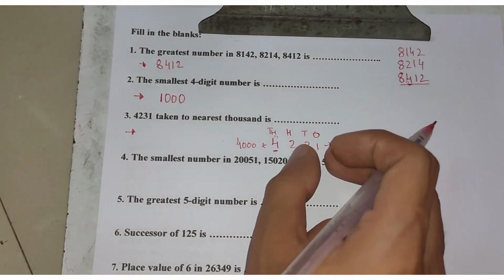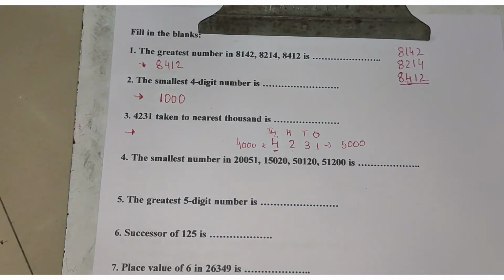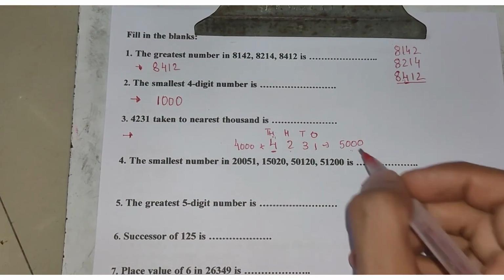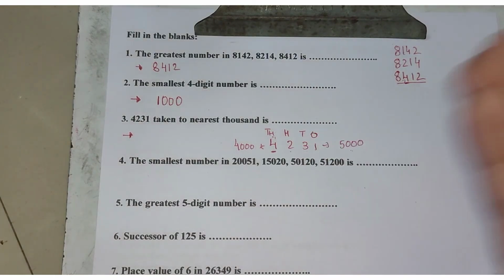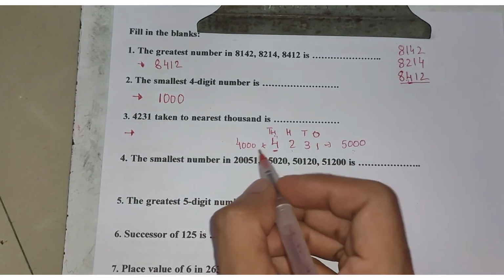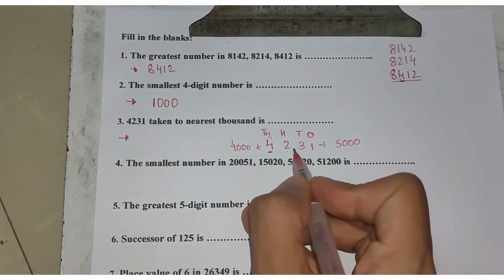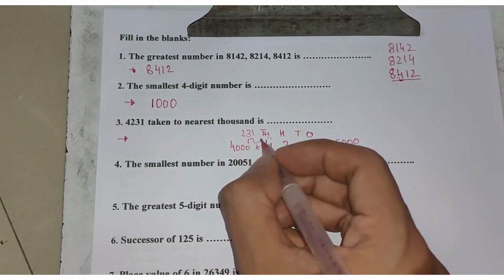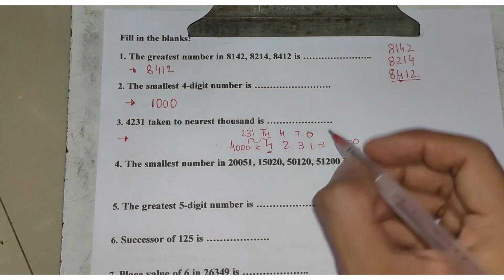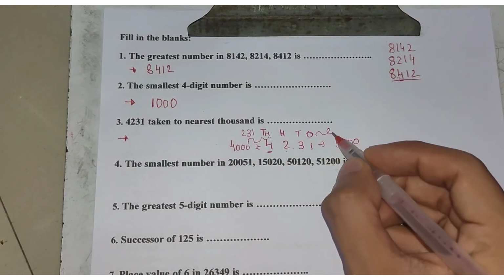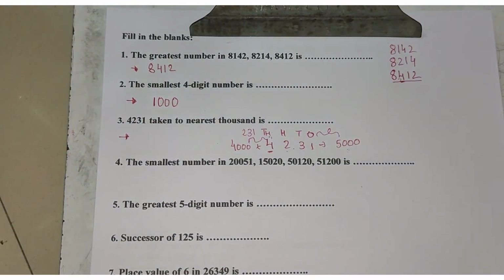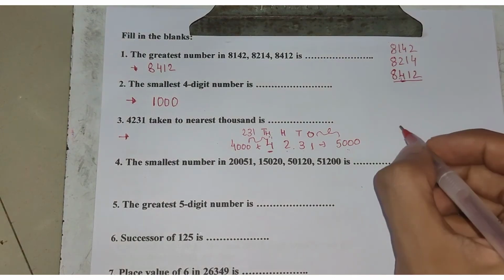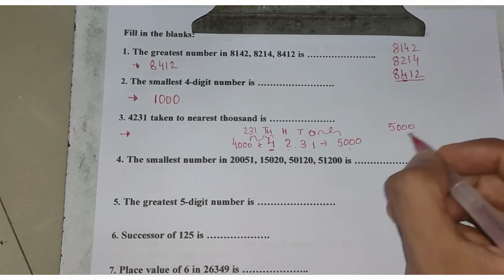231 is to be subtracted to reach 4000. Or else, if we have to reach 5000, we need to add more numbers to 231. Now the difference from 4000 to 4231 is 231, directly we can say. But the difference from 4231 to reach 5000 is much more, because if you subtract 5000 minus 231,